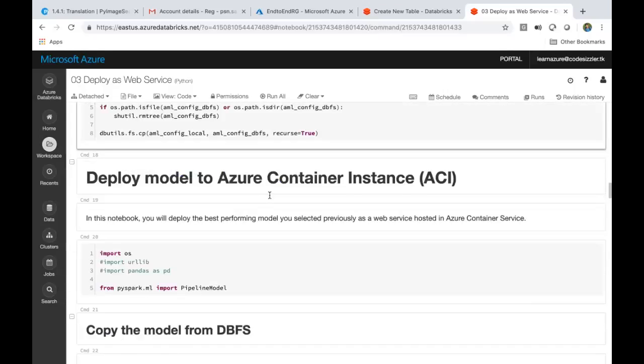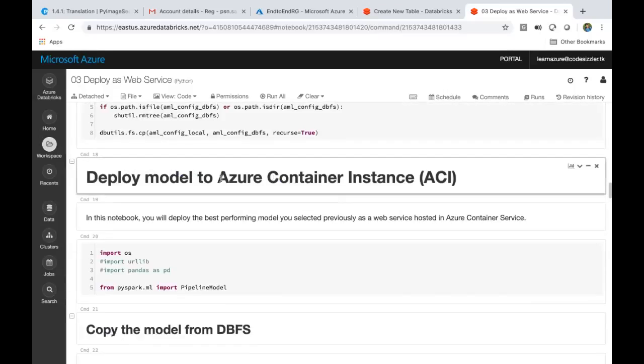Then I'm deploying this into a container. This is what I mentioned, right? If you are doing it, there are two things: container instances as well as Kubernetes instances. So can anyone tell me what is the difference here? Any guesses of what is the difference between Docker containers and Kubernetes? Anyone who is already working on that?